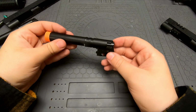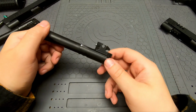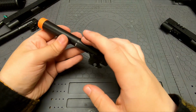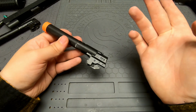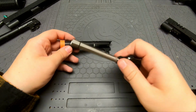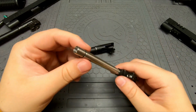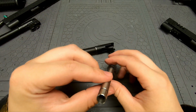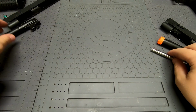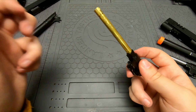Now getting into the innovation they have. So this hop-up chamber is not a standard hop-up chamber. It's very different, and you need a special outer barrel, and the outer barrel and hop-up chamber have to match with this new system, basically. The aluminum-sided gun does come with a, I'm not sure what type of metal this is, to be honest. I am assuming it might be aluminum, but I don't know. It could be steel, to be honest. I really have no idea. I don't know the exact specifications, but the barrel that comes in the polymer side is going to be just a brass barrel,